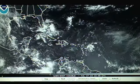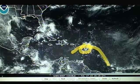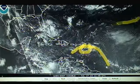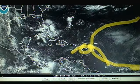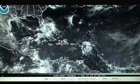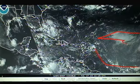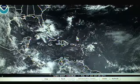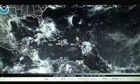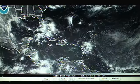Right now, a vigorous tropical wave moving through and into the Lesser Antilles right now. But behind it, look at this surge here of dry, stable air. There's even a little boundary right there of showers and thunderstorms that has kicked up along the southern and southeast part of that surge of dry air. All these little clouds you see in here are indicative of very stable air, not able to produce any deep convection. It's a beautiful sky out there. If you're in a boat looking up, it would just be gorgeous, but it doesn't lend itself to tropical cyclone